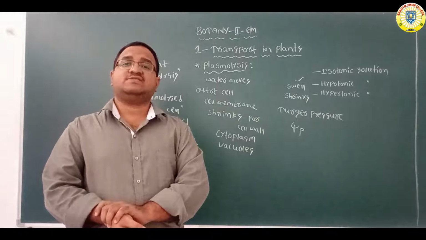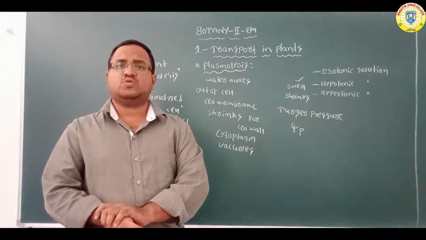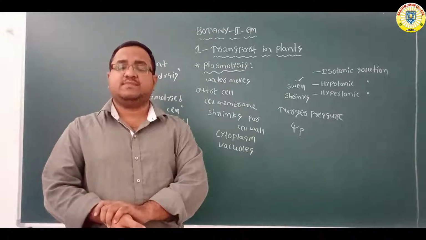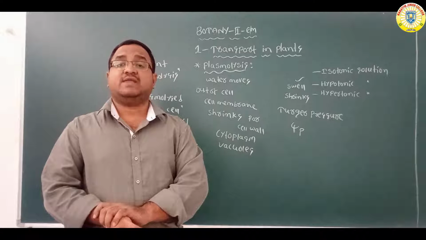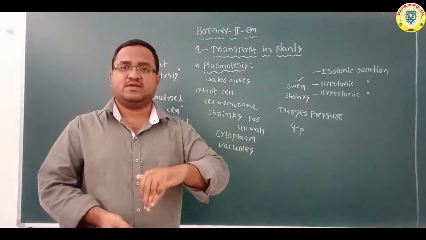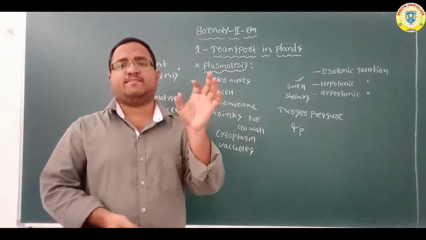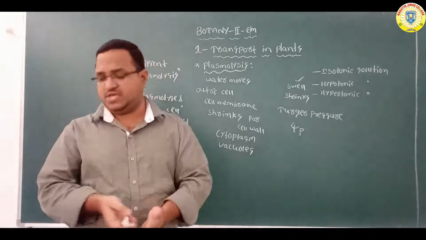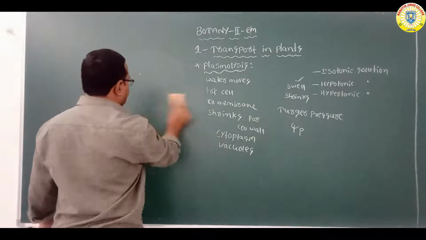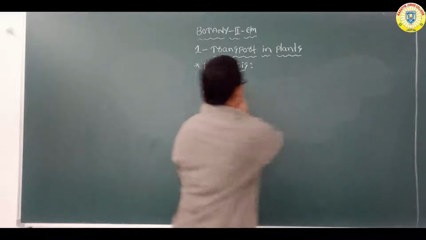The pressure exerted by the cytoplasm by the entering of water through the rigid cell wall is called pressure potential, psi P. Because of the rigidity of the cell wall, the cell may not rupture. Rupture means break up. So this is about plasmolysis.